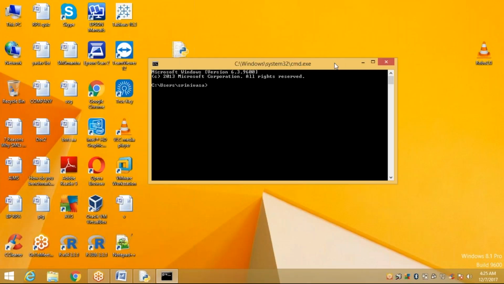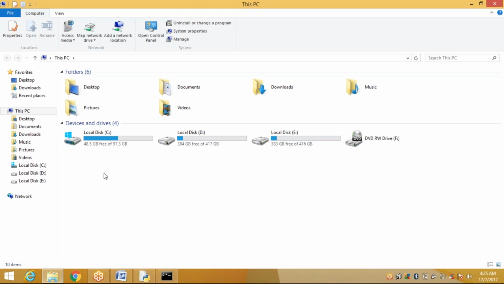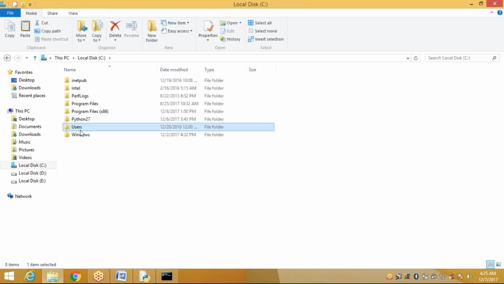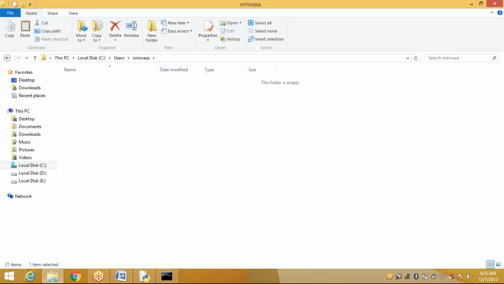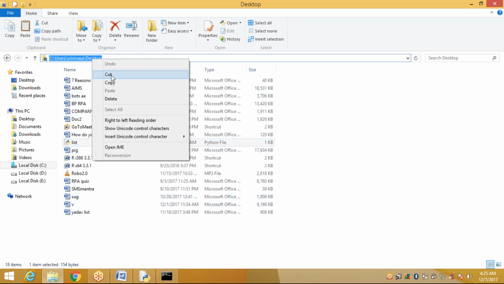Now identify where the file is available. Check your path. Go to local disk, /users/universal, and we have a desktop here. So now the file is available here, right? This is my path. Copy it.